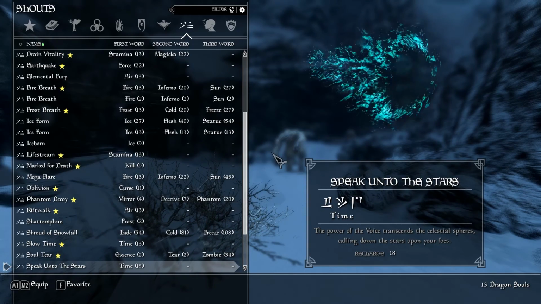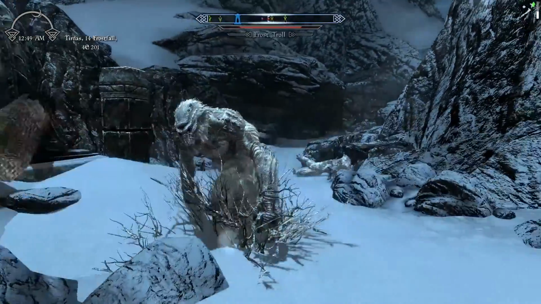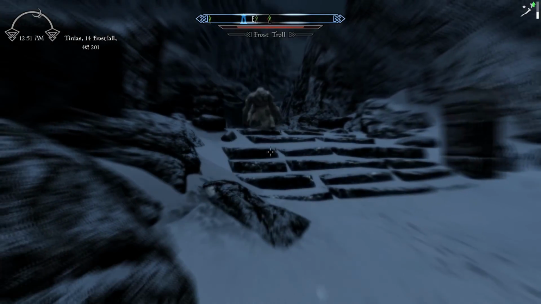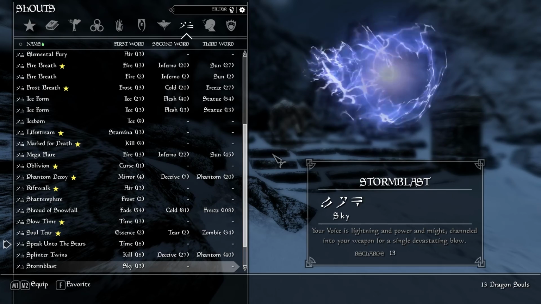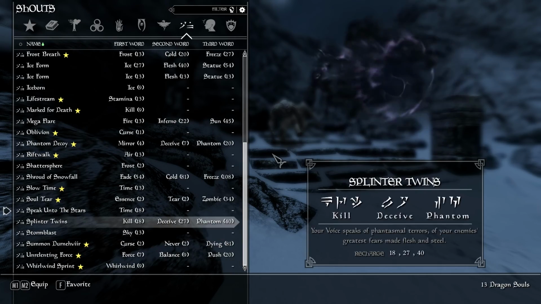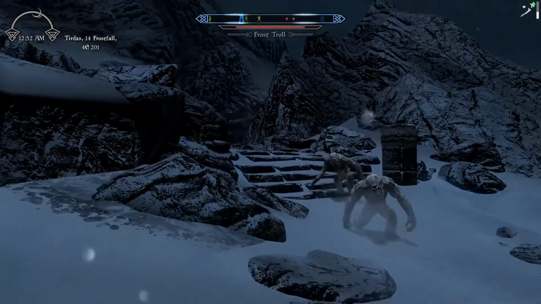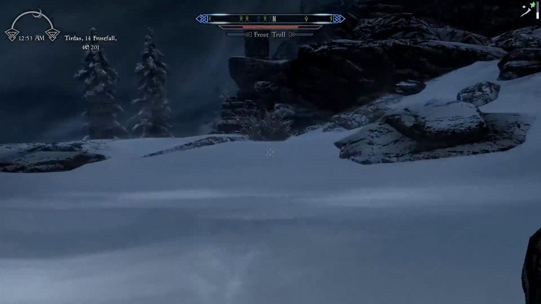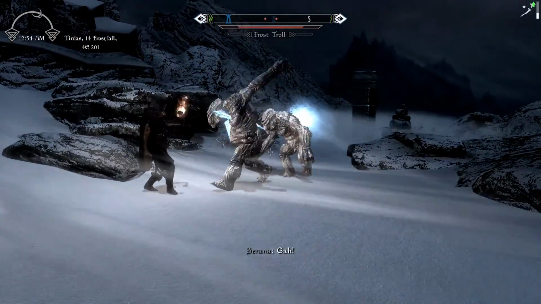Let's see. I don't remember what the first word of some of these does. That's not good for me. Oh no. Stormblast. Let's see. That is a pretty powerful thing, if I remember correctly. This one can be fun. Gotta be careful, though. Splinter Twins is essentially a summon a twin of your enemy to attack them kind of shout. Here we go. And...